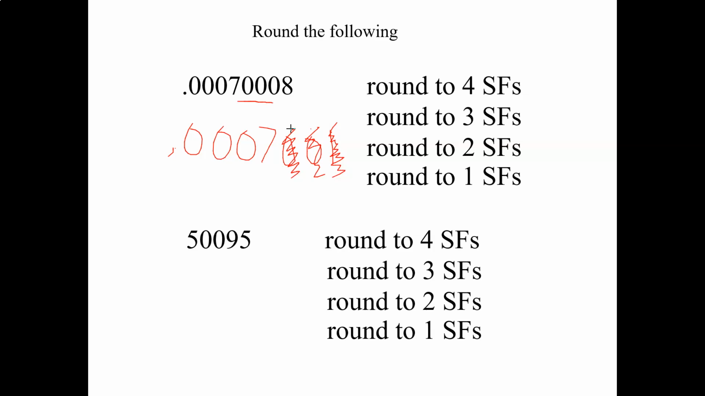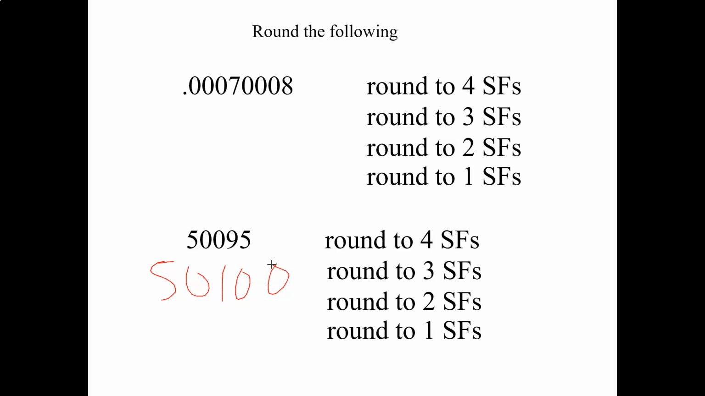So the next question: 50,095. Let's erase what we got on here. We want to round this to 4 sig figs. First off, those 2 zeros in the middle are significant because of the sandwich rule. So that means we need to round off that 5, and we're going to round up. Now, since it's a 9, that's going to round up too. So I'm going to get